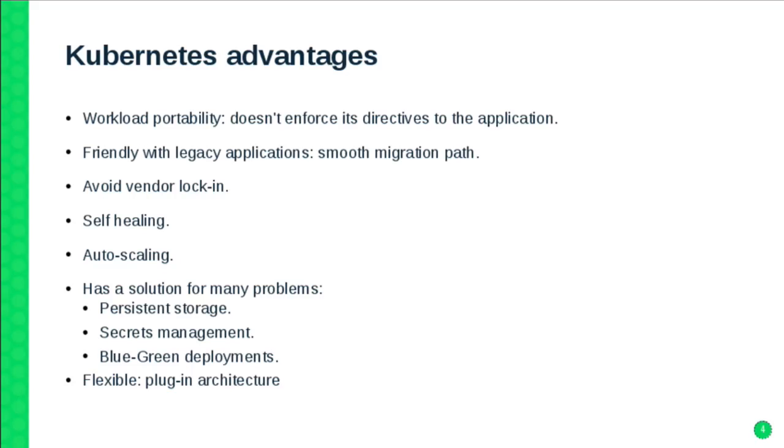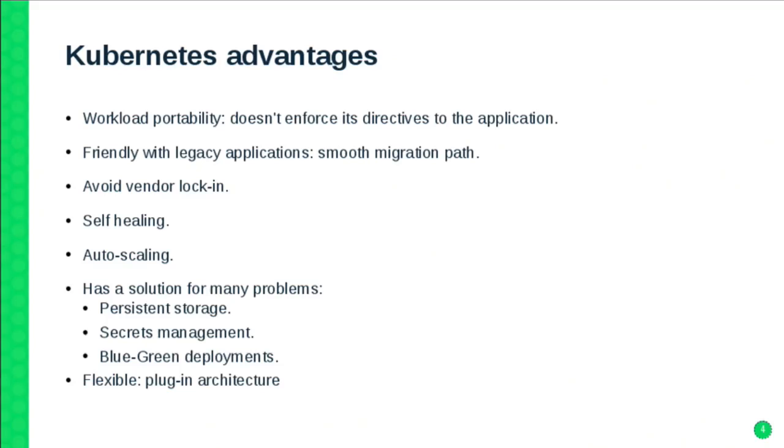And also, Kubernetes is an opinionated solution, which means that it tackles different problems. It has its own way to solve these problems, like networking, as I said before, like storage, for example, like secrets, and it goes even further. So if you are into these fast release cycles, you are probably already looking into blue-green deployments. We are actually going to show a demonstration about blue-green deployments later on, so we will show that later on.